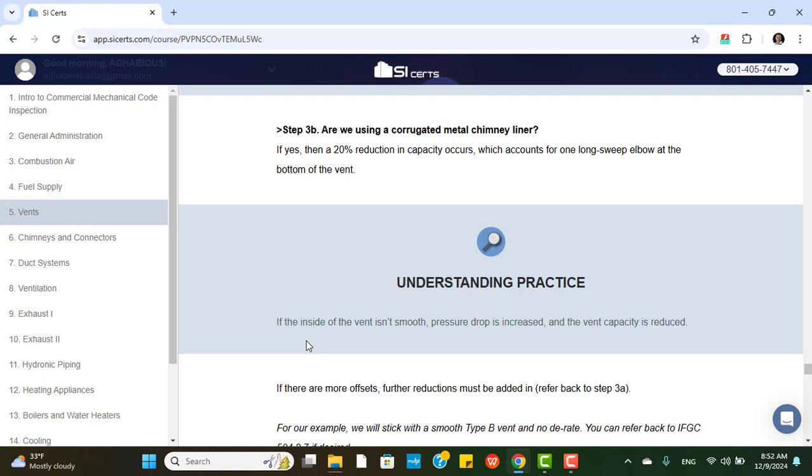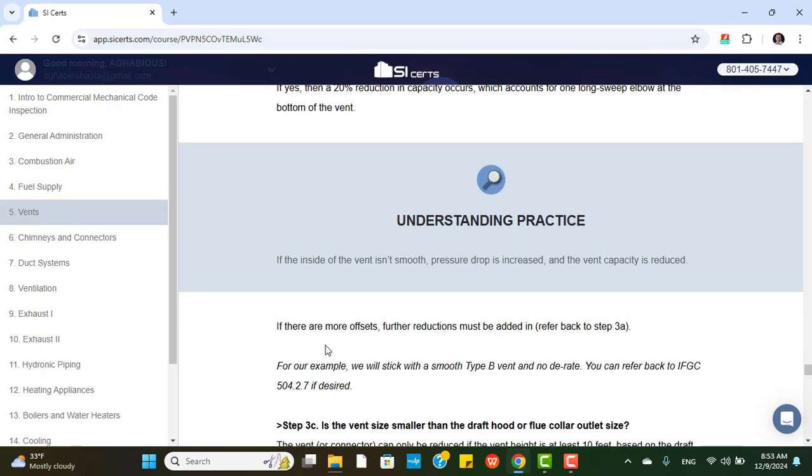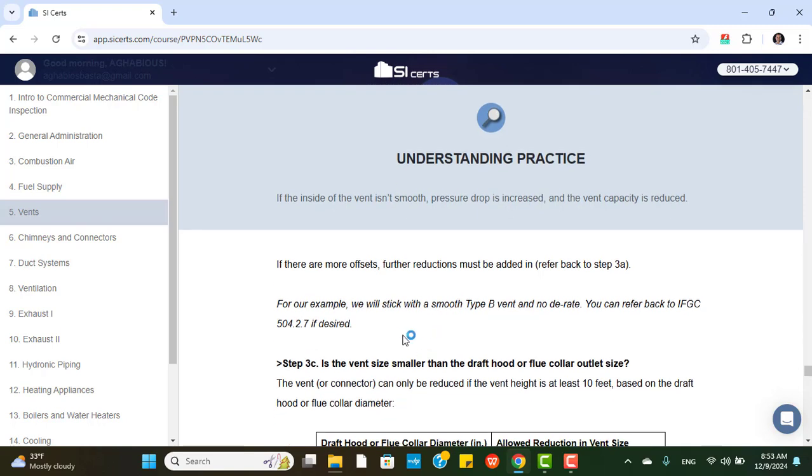Understanding and practicing: if the inside of the vent isn't smooth, pressure drop is increased and vent capacity is reduced. If there are more offsets, further reductions must be added. Refer back to step 3a. For our example, we will stick with a smooth Type B vent and no D rate. You can refer back to International Fuel Gas Code